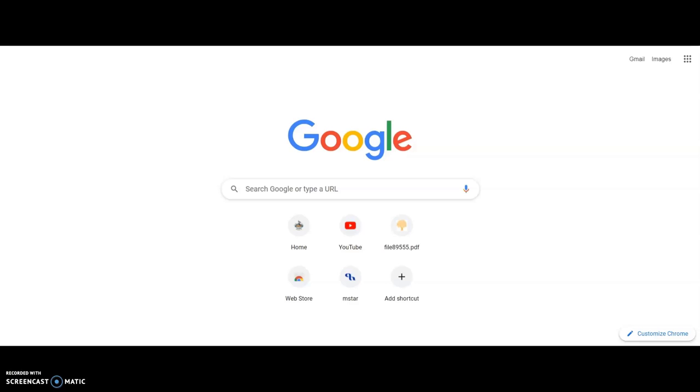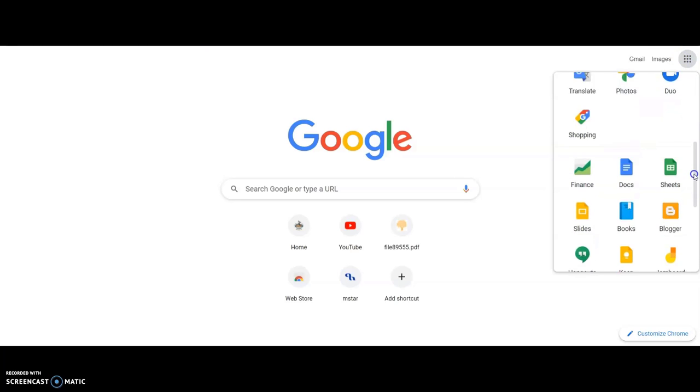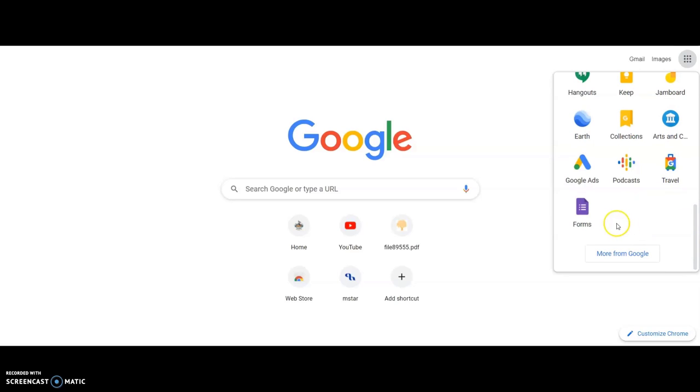Let's have some fun. So, in order to create a Google form for instructional purposes, the first thing we need to do is, if we are already logged into Google or Gmail, we can come here where we are seeing Google Apps. Then we scroll down and we look for forms. Remember, we must have a Google account in order to be able to create the forms. So we would click on forms